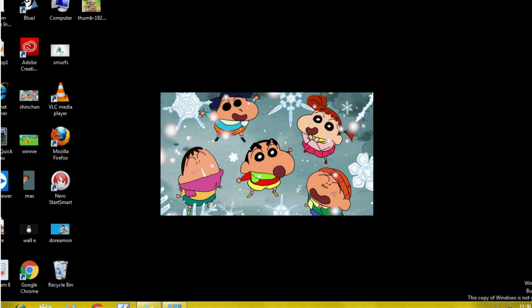Then automatically it will appear on the screen. You can download screensavers from websites also. From there you will get a lot of collections. See that ribbon, we have applied the ribbon. That screensaver has appeared on the screen after 1 minute.